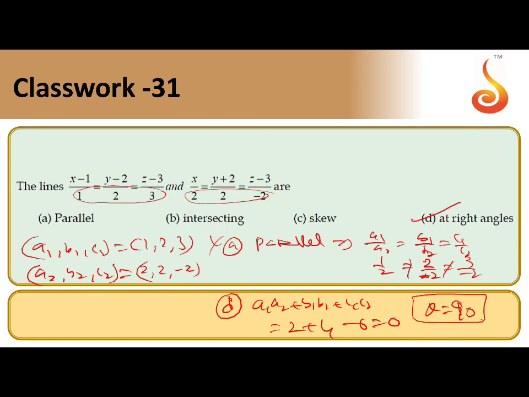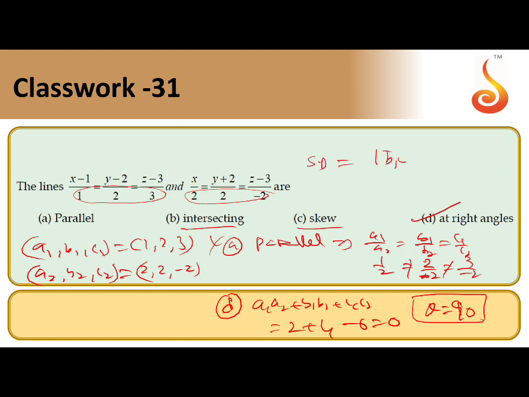D only. If these two are not matching, you can go for intersecting lines and skew lines. So maximum they will not ask intersecting and skew lines. You can take this one here. So what is the method of checking intersecting and skew lines? You can take the shorter distance, SD.